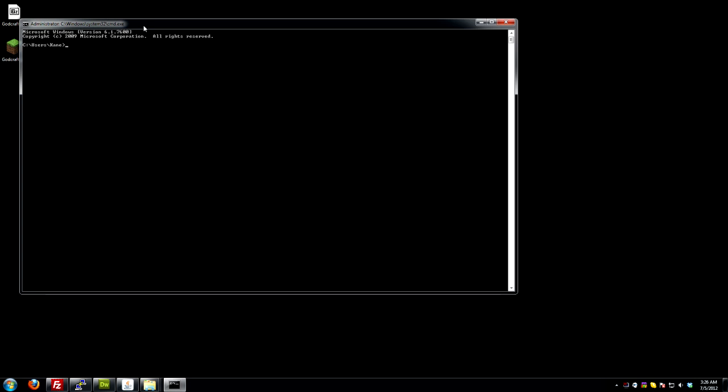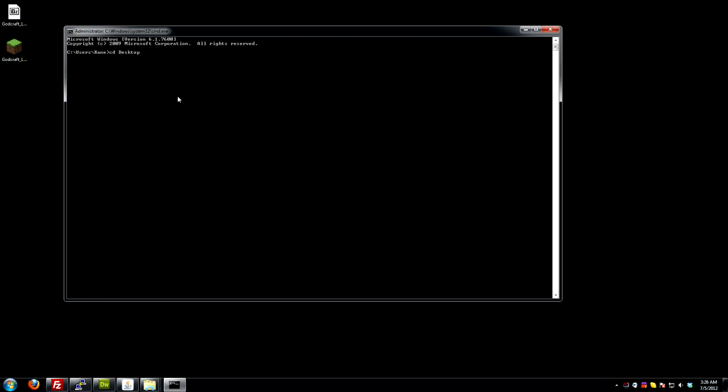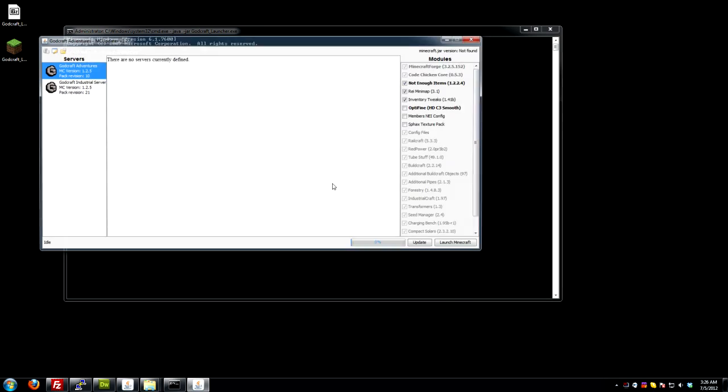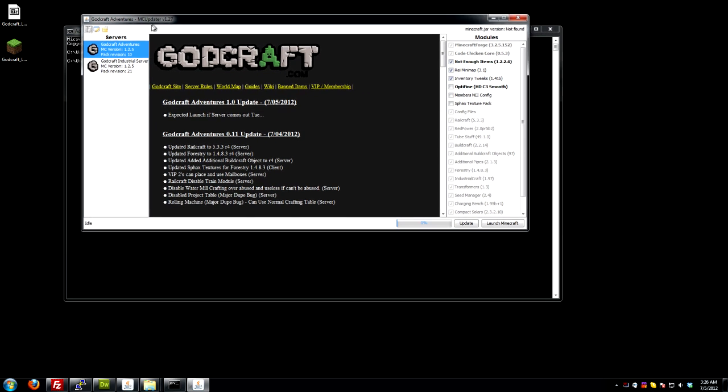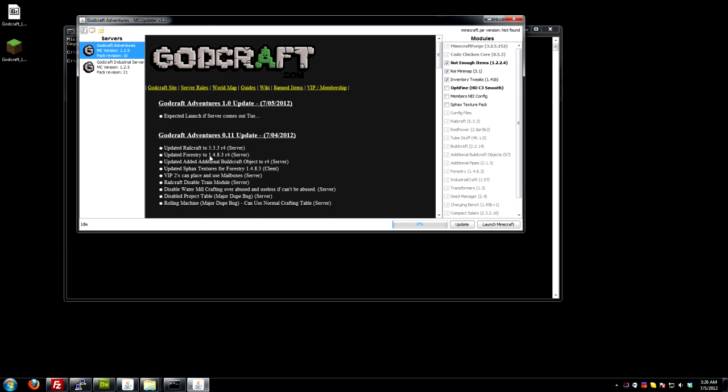Type in cmd in your start menu and then type in cd desktop if you've placed it on your desktop, or whatever location, and then you can type java -jar, space, and then the Godcraft launcher. I have a few of them on my desktop. There you go, godcraft_launcher.exe, and this is how to run the jar version if you feel uncomfortable running the .exe,